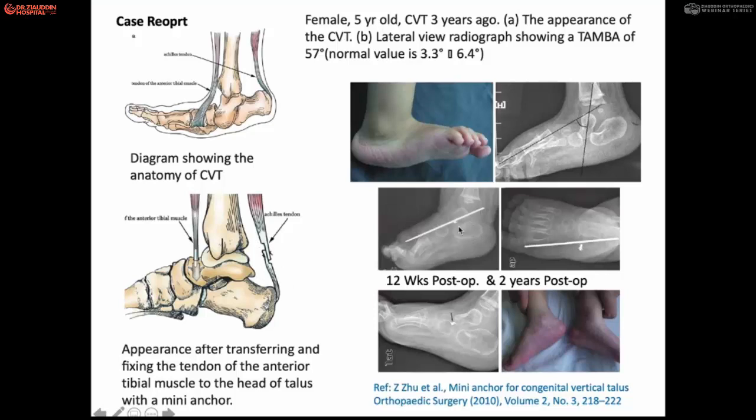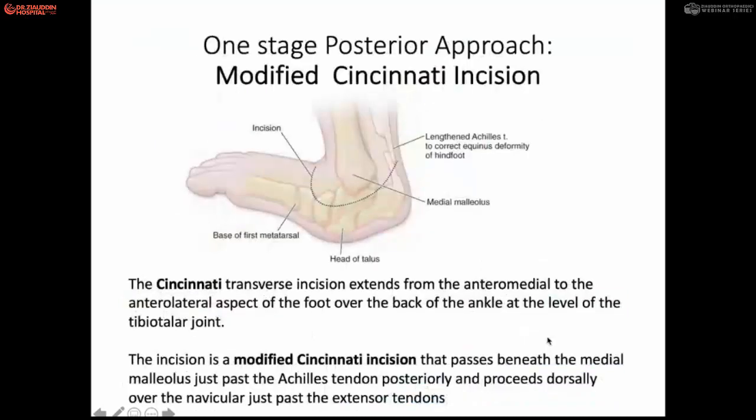You place a K-wire, which may be passed retrogradely or antegrade from the talar head, and reduce the talonavicular joint and calcaneocuboid joint. This is the perioperative X-ray, and this is the postoperative X-ray, and in the later stage good reduction is already achieved, and a good shape of the feet with the arch is maintained.